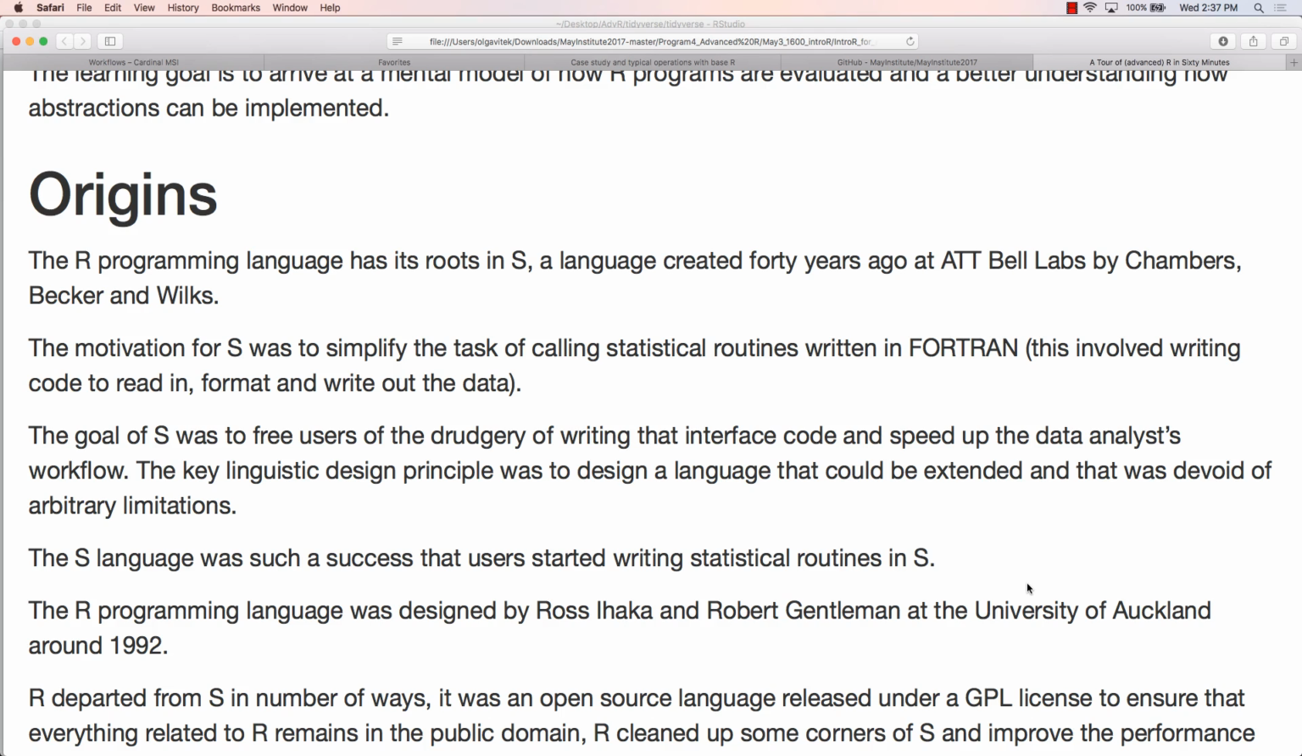And S was a success. People picked it up. Eventually, people started writing actual statistical code in S. It wasn't just for gluing existing libraries. People started writing real analysis in S. Then AT&T spun off the project, became a commercial enterprise, and at some point around